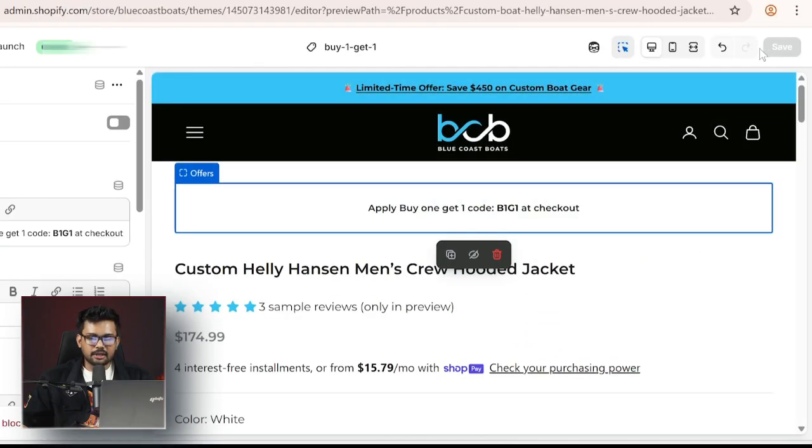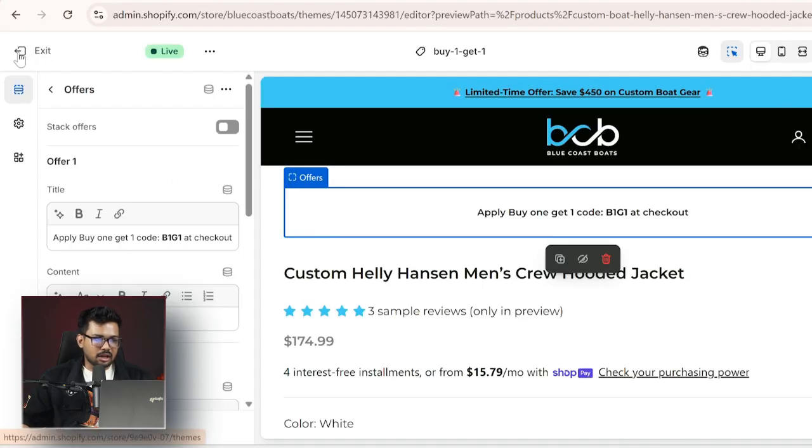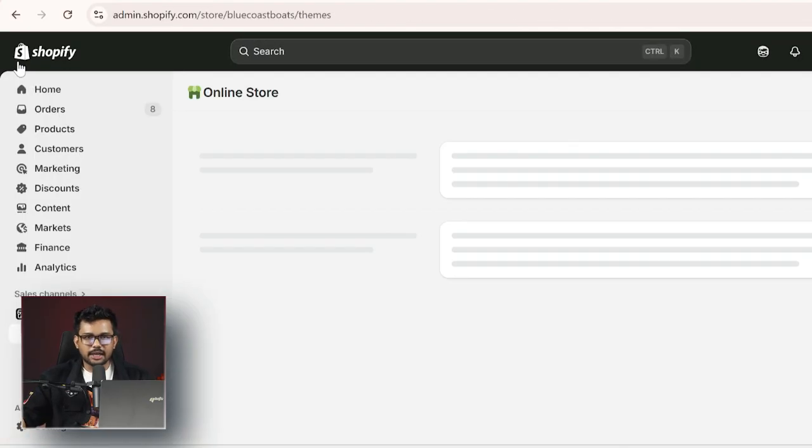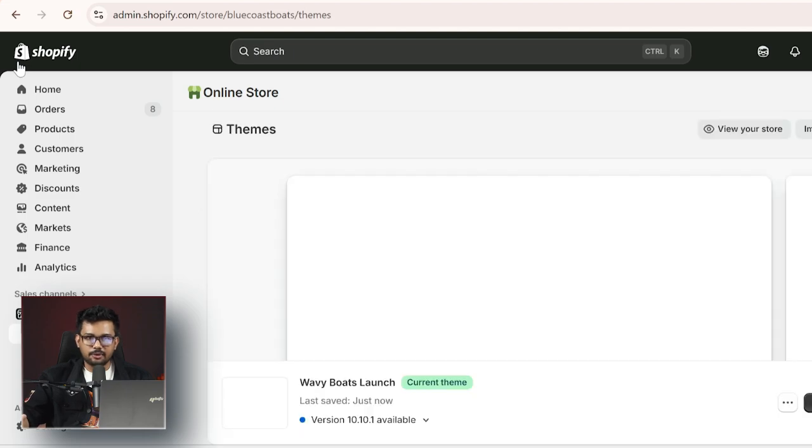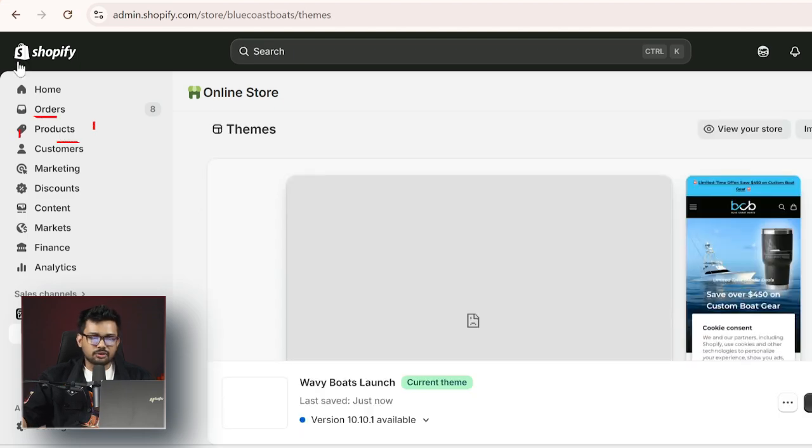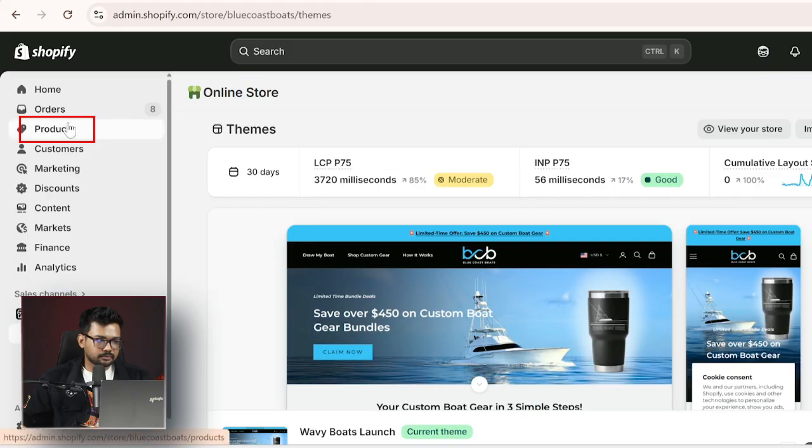Once I'm saving it, the template is already created, and now I need to go to the product and find the specific item where I want to change the template. This can be done in two ways. One is manual, another one is bulk upload. For the manual one, you need to go to the products,